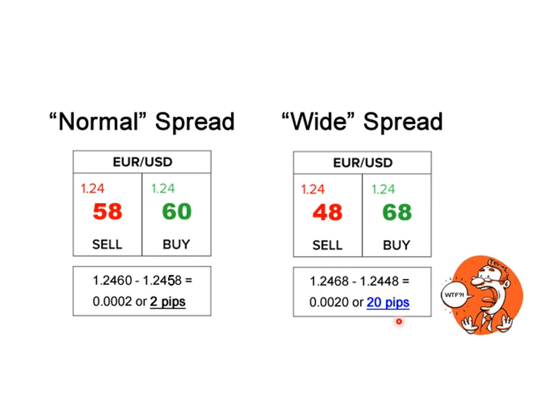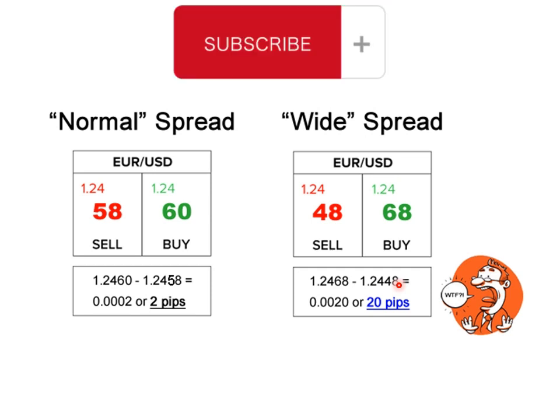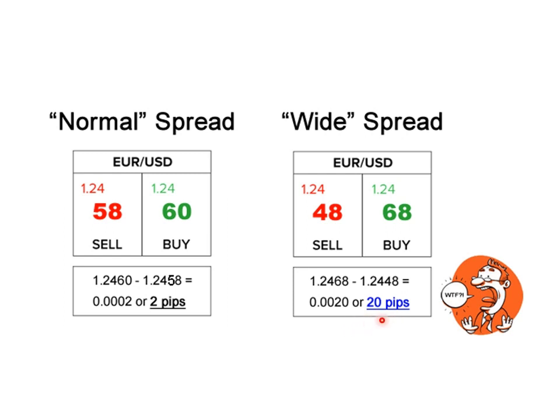So if you calculate a 20 pips spread, when you combine your lot size, your leverage and the rest of that, you are going to see that the money you are going to use to pay for this transaction fee at the end of the day is going to be very large, and it's going to cut your potential profits a lot. So if you want to maximize profits, you need to go for this and not this. So that is it for spread.